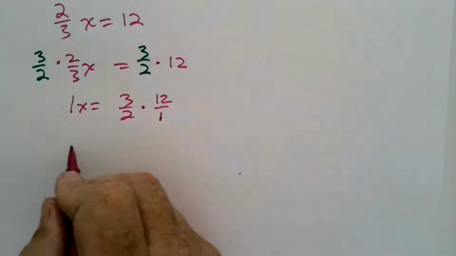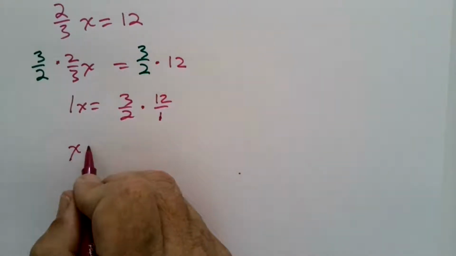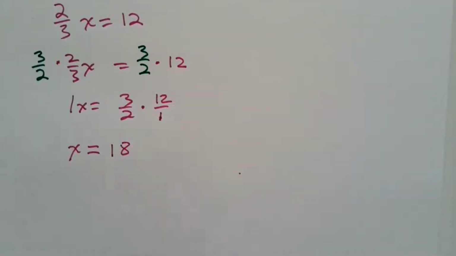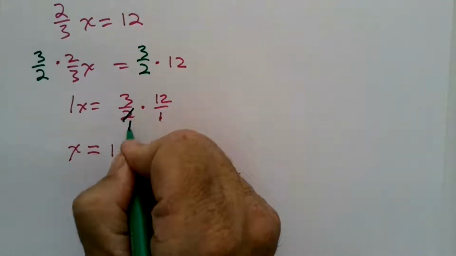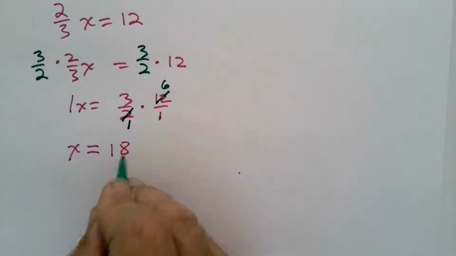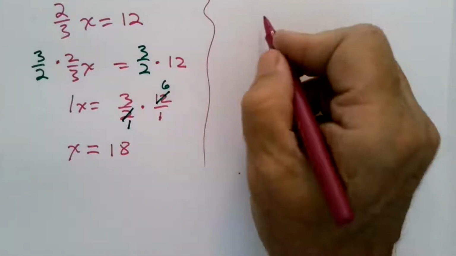Now, there's a few ways we could do this. 3 times 12 is 36, divided by 2 is 18. I recognize that's how most students like to do it. The other possibility is to say 2 goes into 2 once, 2 goes into 12 6 times, 3 times 6 is 18/1 to give us 18. So let's do another one in that realm. Let's say maybe